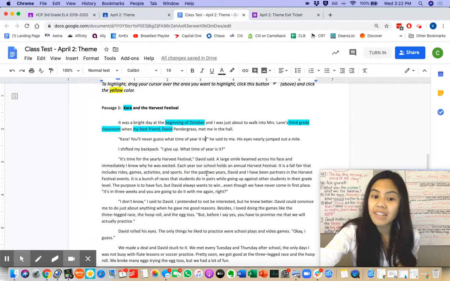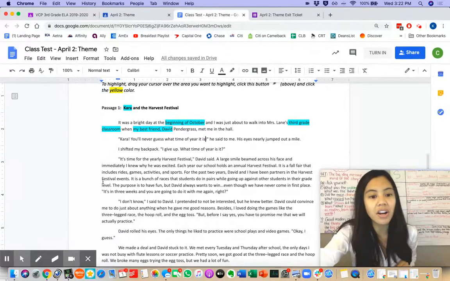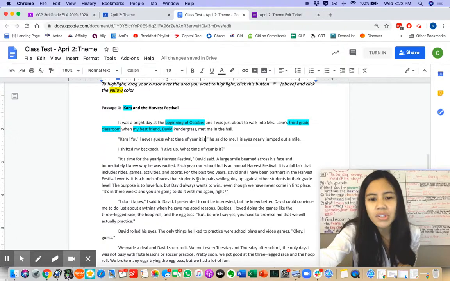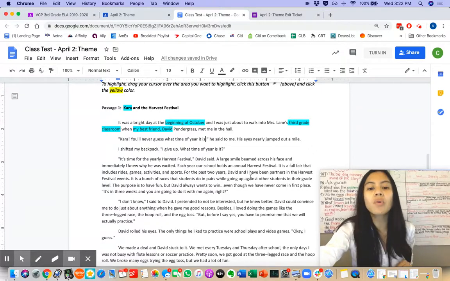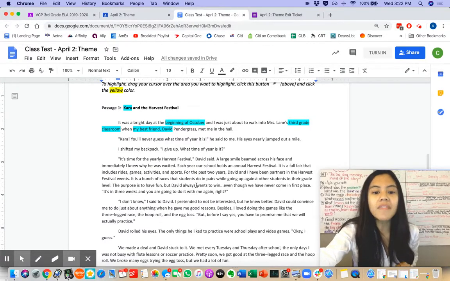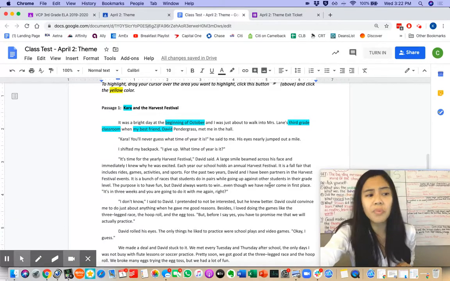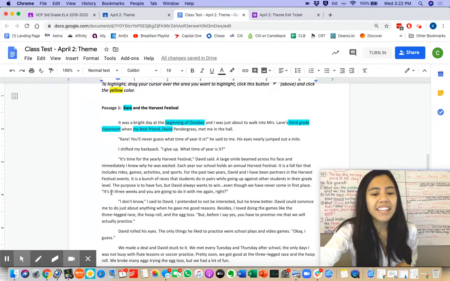For the past 2 years, David and I have been partners in the Harvest Festival events. It is a bunch of races that students do in pairs while going up against other students in their grade level. The purpose is to have fun, but David always wants to win, even though we never come in first place. It's in 3 weeks, and you are going to do it with me again, right?